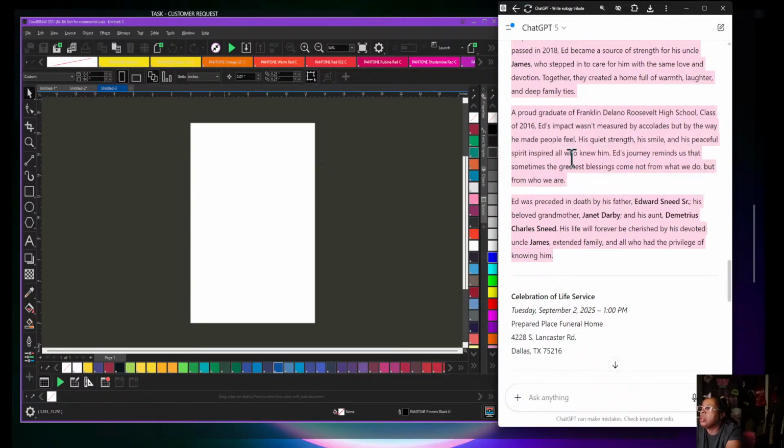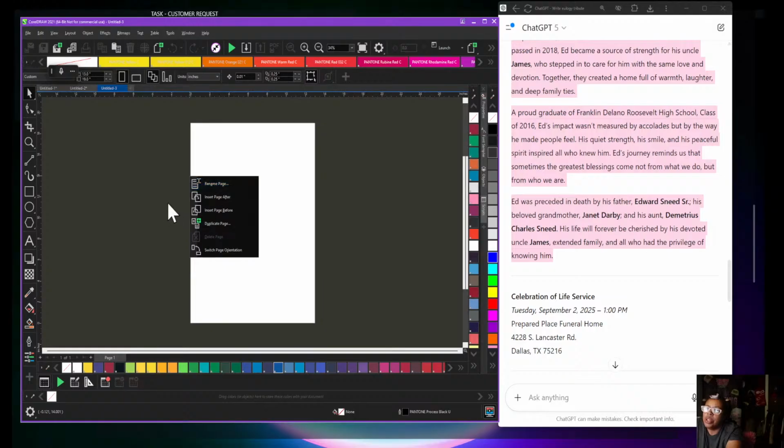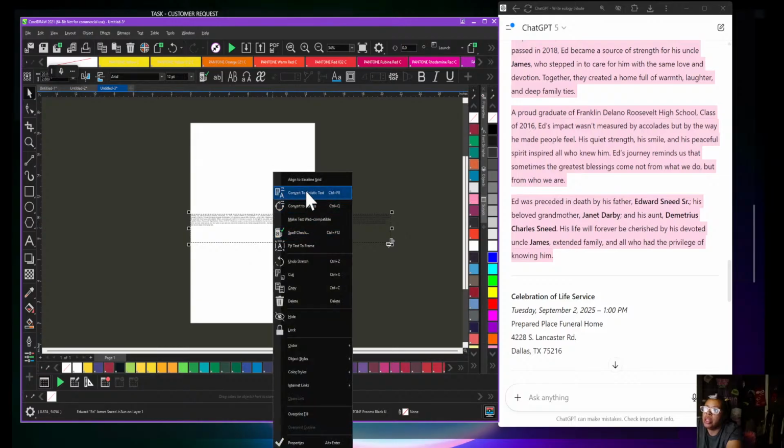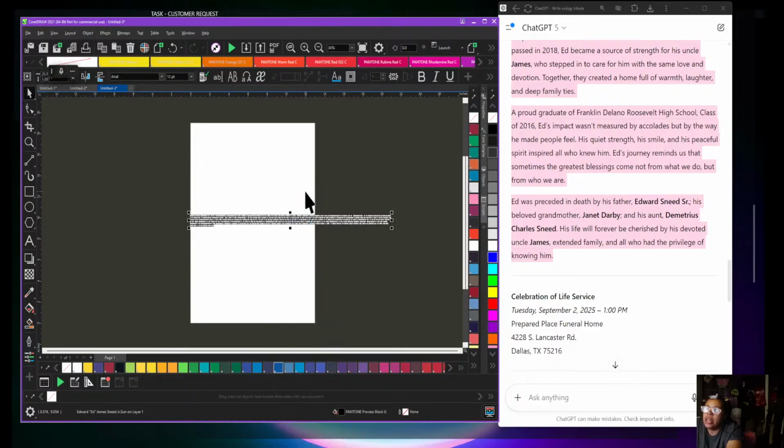So I'm going to copy that and then come in here and highlight it so that we just have all of our wording, and we'll just hit Control V to paste it, and it will put it in here, and then we'll right click and hit convert to text, and then that will convert that eulogy into text for us. We'll go up here and make this like a 12 or something, and then we'll try